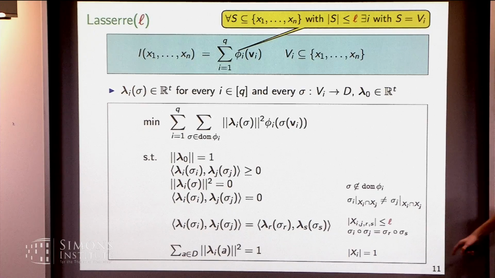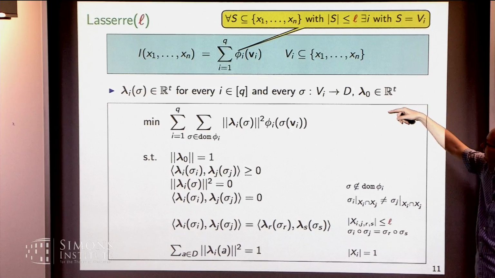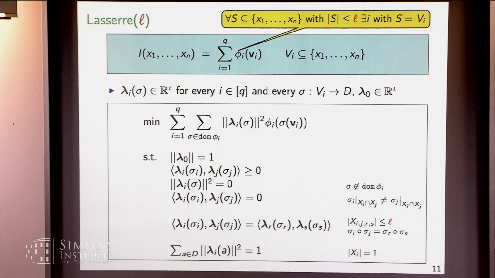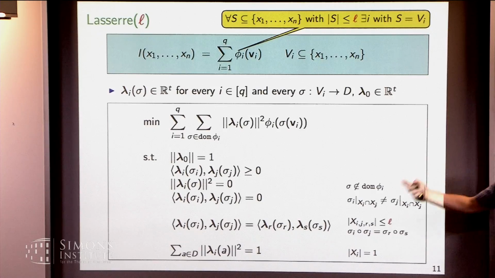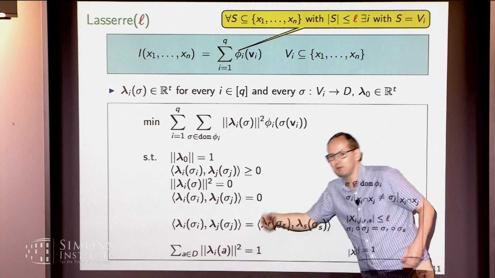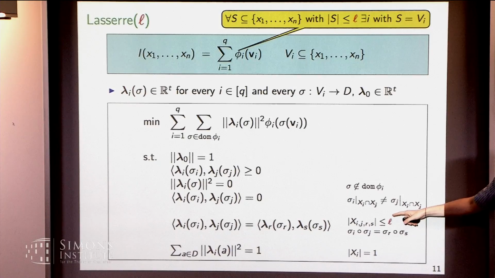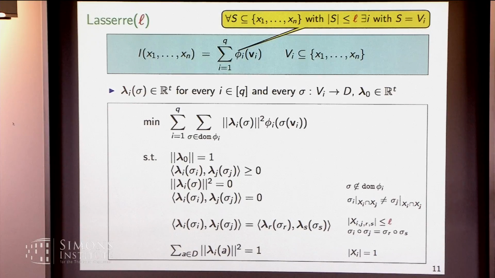And the last set of constraints says that if you look at scopes of size 1, which correspond to variables of the original VCSP instance, and you look at all the possible assignments, which in this case I didn't denote by sigma, but by a and d, because it's just a single label, then the sum of the probabilities is equal to 1. So this is a very strong relaxation. Again, if L is fixed, this is a polynomial size relaxation which can be solved up to an arbitrary small additive error.